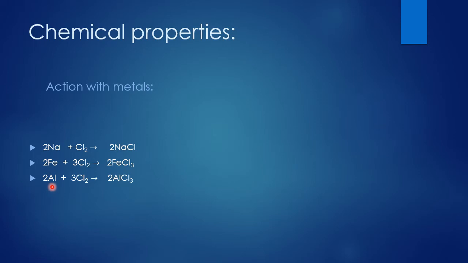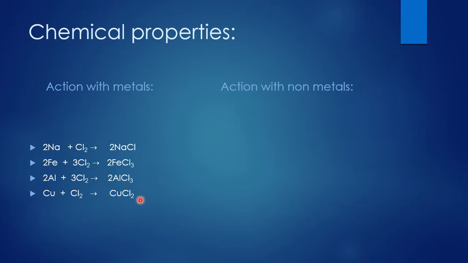Another one, aluminium. With aluminium it reacts to give you aluminium chloride. Aluminium oxidation number is +3, the product is AlCl3. The other one is copper, and copper plus Cl2 you are getting CuCl2. Here the chlorine oxidation number is -1, so that -1 came here. Copper has two oxidation numbers, +1 and +2. If it is +1, we call it cuprous. Here it is +2 because we are getting CuCl2, so this is cupric chloride. So sodium, iron, aluminium and copper react to give you the respective metallic halide.